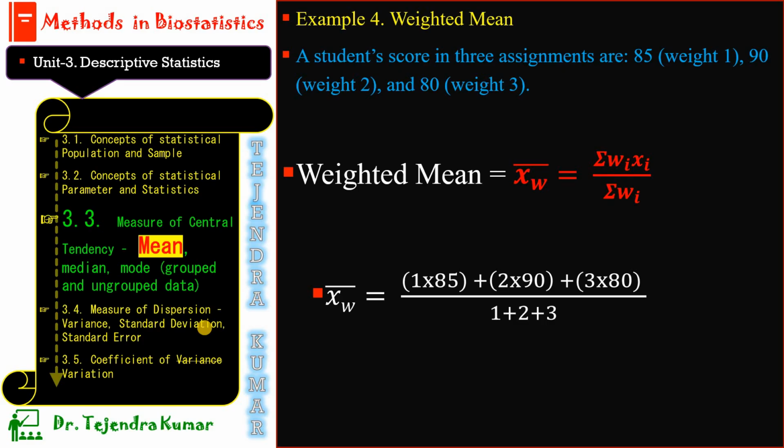Xw bar is equal to, now we will multiply the score of assignment with their weight. So 1 into 85 plus 2 into 90 plus 3 into 80 divided by weights 1 plus 2 plus 3. In the another example, as I told you,